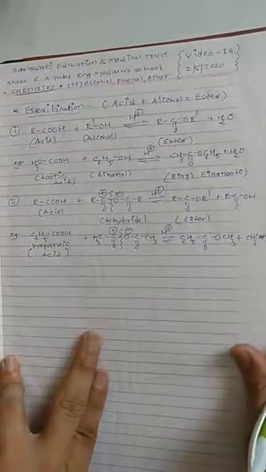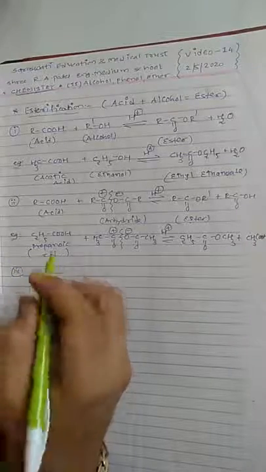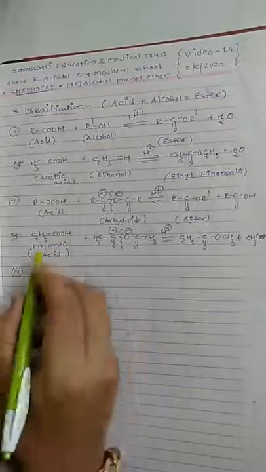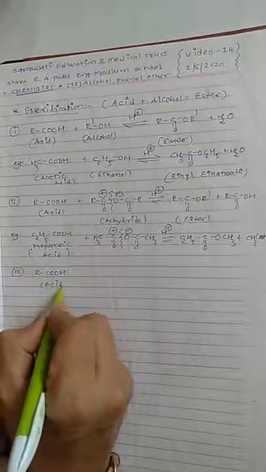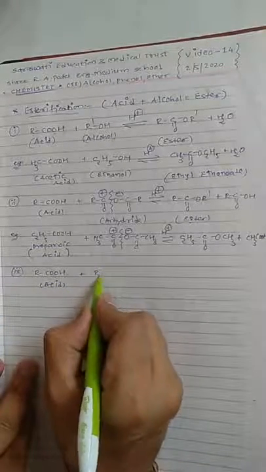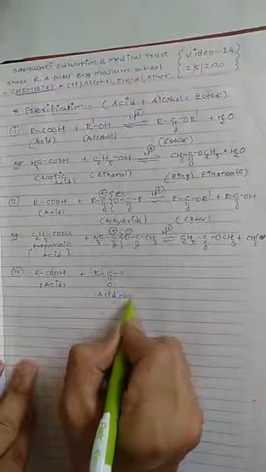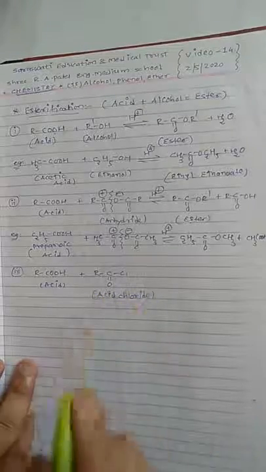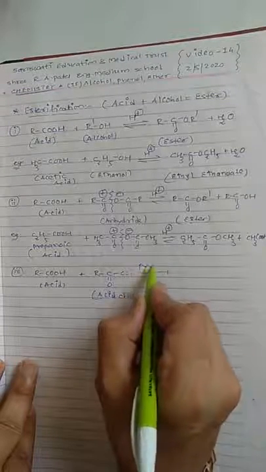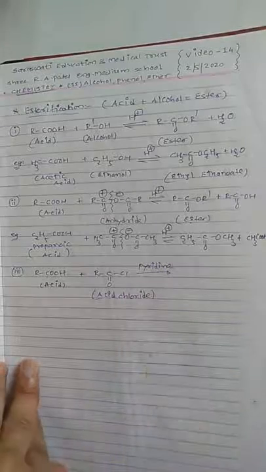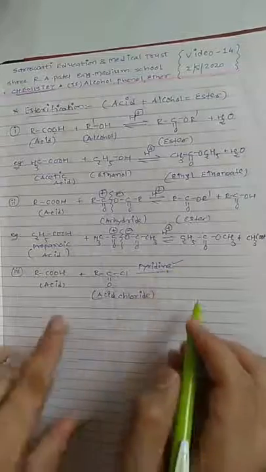Now suppose we choose a third reaction scheme for the manufacture of ester, that requires pyridine. So we have RCOOH in the form of carboxylic acid. When it reacts with acyl chloride, RCOCl, this is called an acid chloride, or it is called an acyl chloride. This reaction goes forward in the presence of pyridine as a base. So you have to remember, this reaction must go in the presence of pyridine.